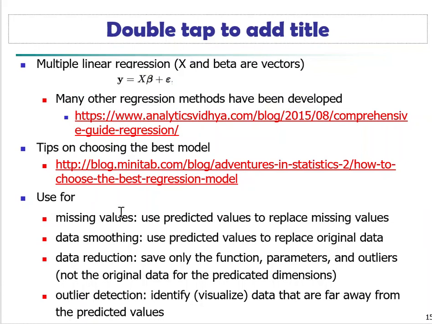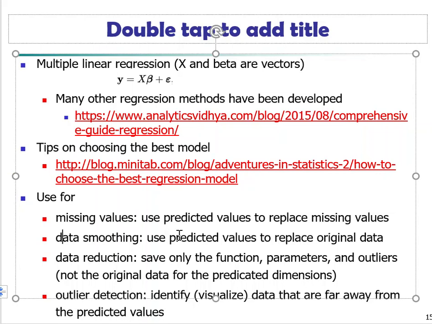For example, missing values: we can use the predicted value to replace the NA. Data smoothing: the original data may have noise, but once we have a good linear regression, we can use predicted values to replace the original data, which will make our resulting data really smooth and linear. And data reduction,